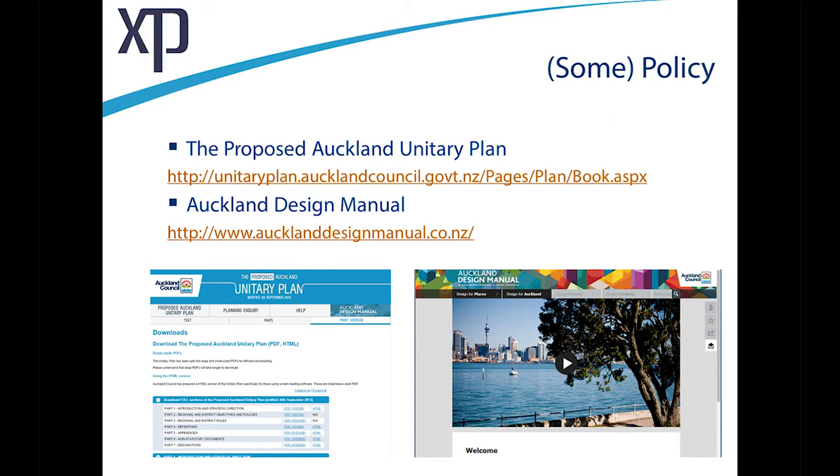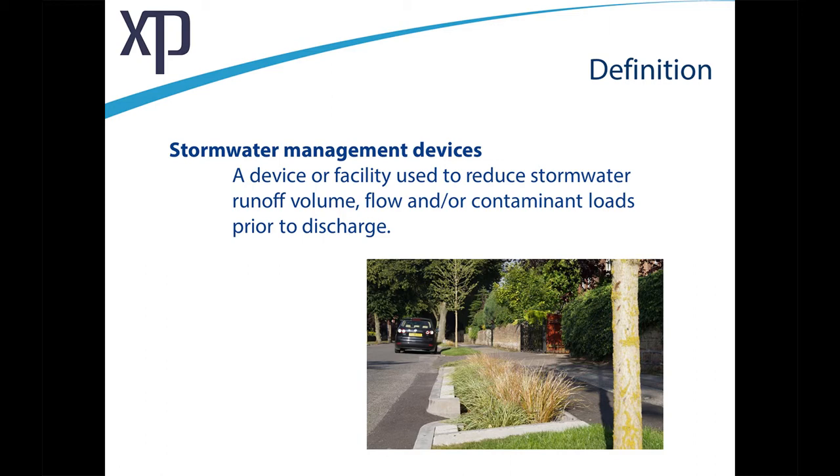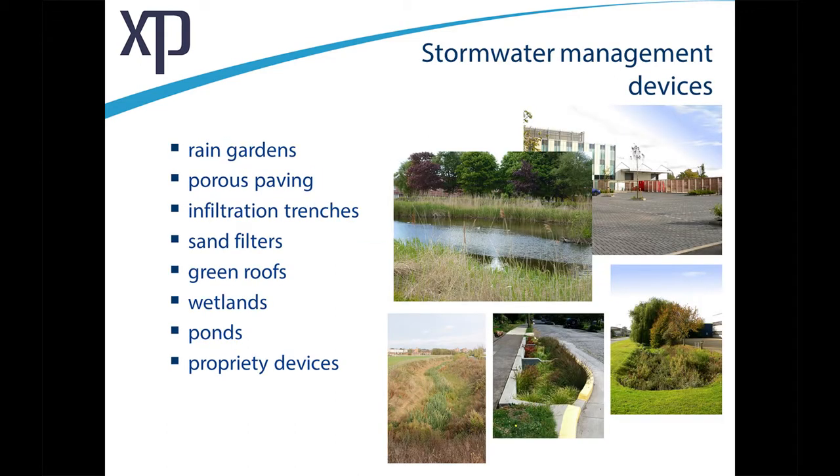Critical to water-sensitive design is including stormwater management devices in our designs, and the following definition appears in the plan: a stormwater management device is a device or facility used to reduce stormwater runoff volume, flow and/or contaminant loads prior to discharge. So this tells us what we're expecting from these devices and also gives us some examples. This is a list that it says includes these